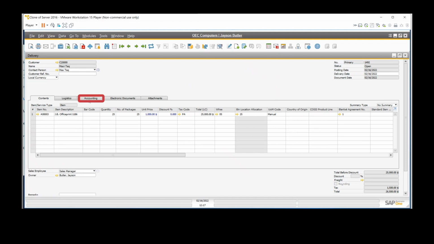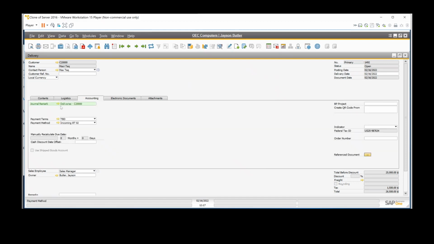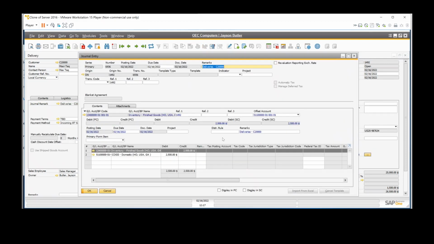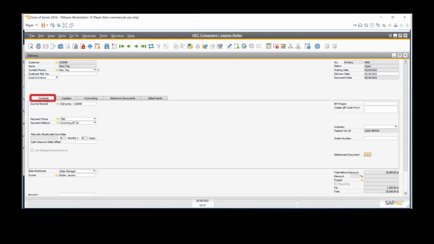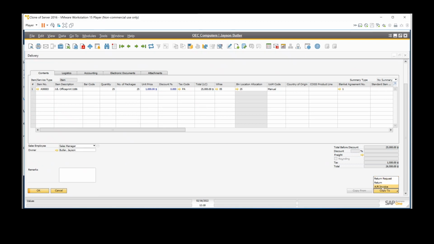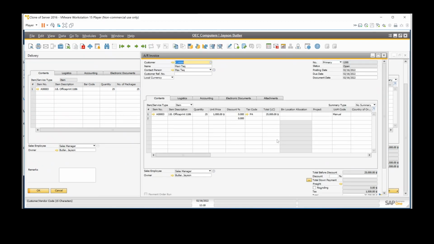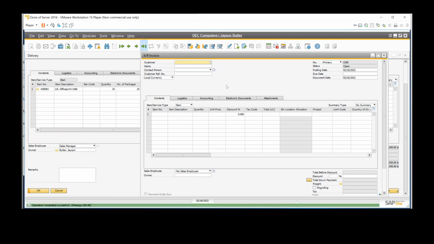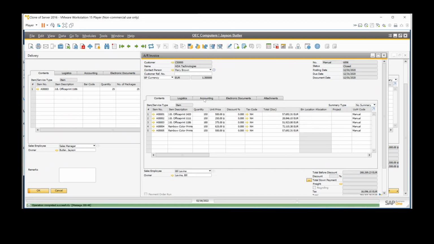And if you look at the accounting, as I mentioned, when you do a delivery, that's your inventory portion of the sales. It hit my inventory account and it hit my cost of goods sold, but it has not hit my accounts receivable account. I have to take this and copy it to an AR invoice for it to now do the final process in the accounting,